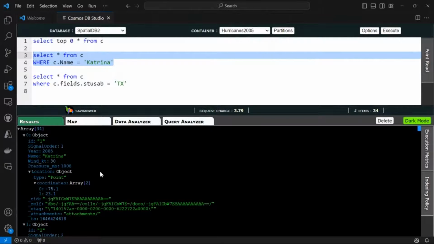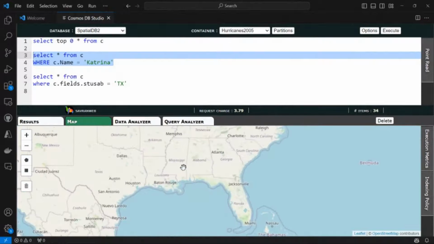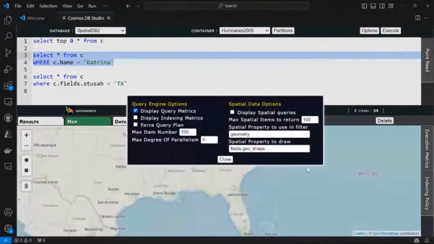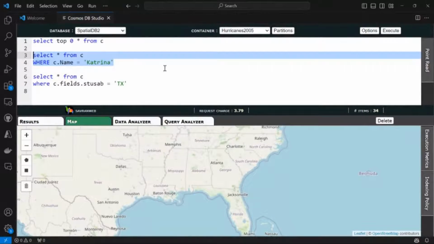So what we can do here is click the map. For the map to work, we need to look at some of the items in the options. In the options, it says the spatial property to use in filter. It says geometry. I'm going to change this to location, because if you look at my results, my data is under location. You need to give the JSON path for this to work. Now in my options it's under location. If I go back to the map and execute this again, we should be able to see